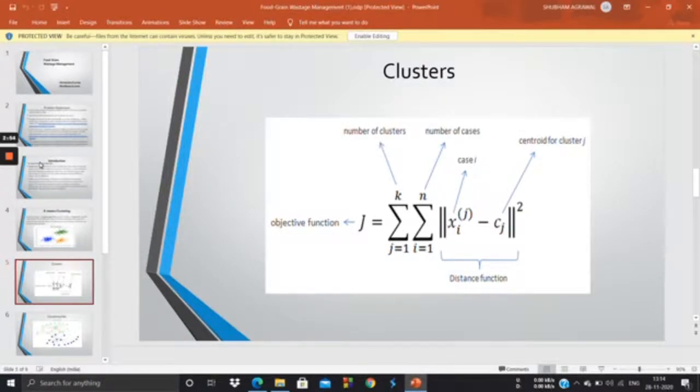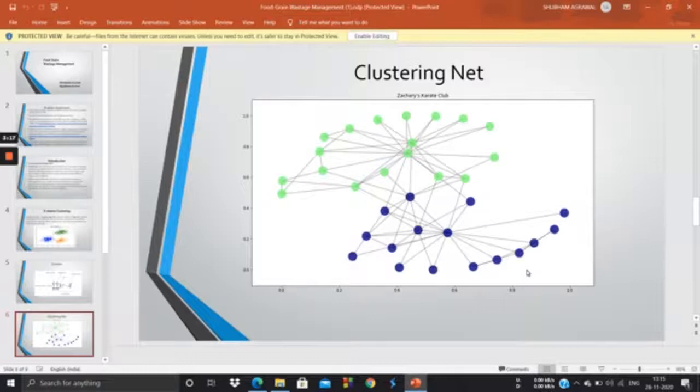Clustering is the task of dividing the population or data points into a number of groups. Here are the objective function, number of clusters, number of cases, centroid of cluster, and distance function. There are two types of clustering: hard clustering and soft clustering. In hard clustering, each data point either belongs to a cluster completely or not. And in soft clustering, instead of putting each data point into a separate cluster,